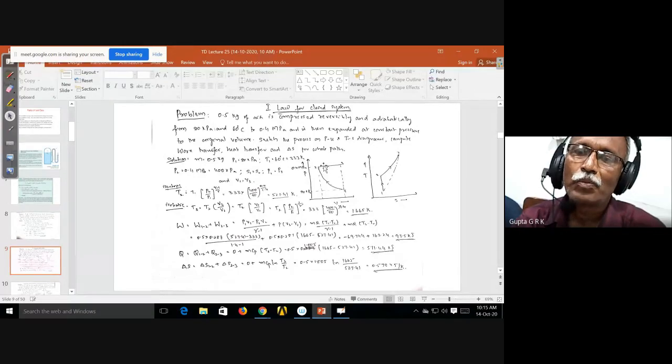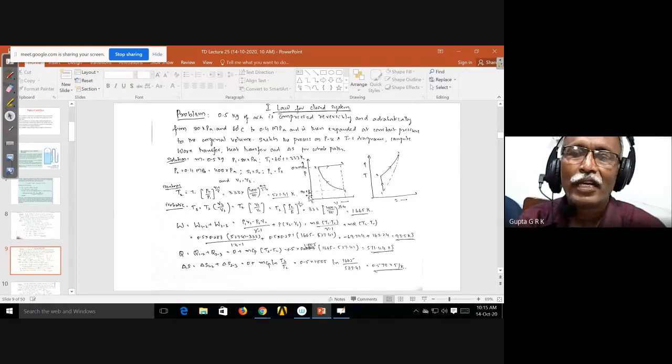If you know one property, the pressure ratio, volume ratio, and temperature ratio are related. So if I know the pressure ratio, I get the volume ratio and temperature ratio. If I know the volume ratio, I get the temperature ratio and pressure ratio. Like that, I can find out the property ratios at 1 and 2. And because I know P1, V1, T1, I can find out P2, V2, T2. And again, in the same way, you go to the next point. I know the process, so one property is constant, or I know one property here. Once I know one property ratio, the other 2 property ratios I can get from the equation of state, because property ratios are related.